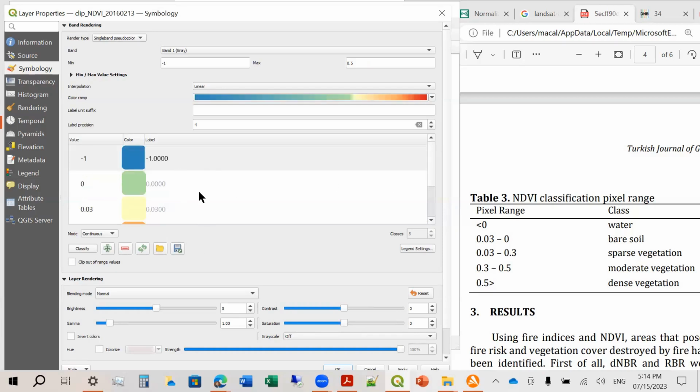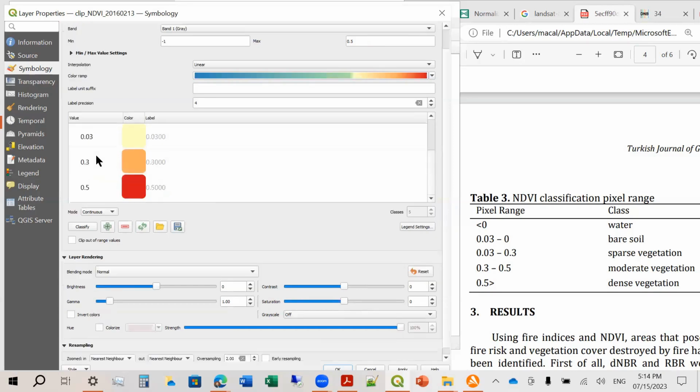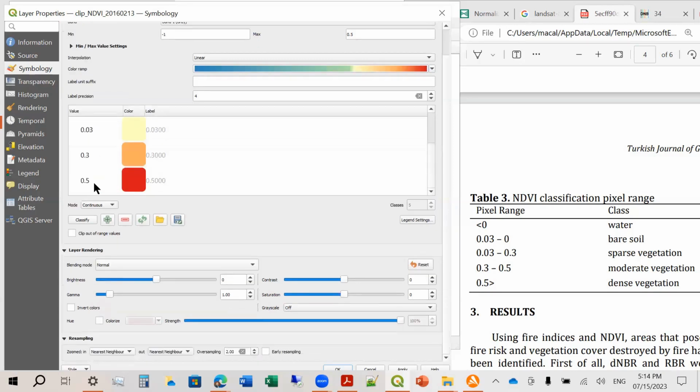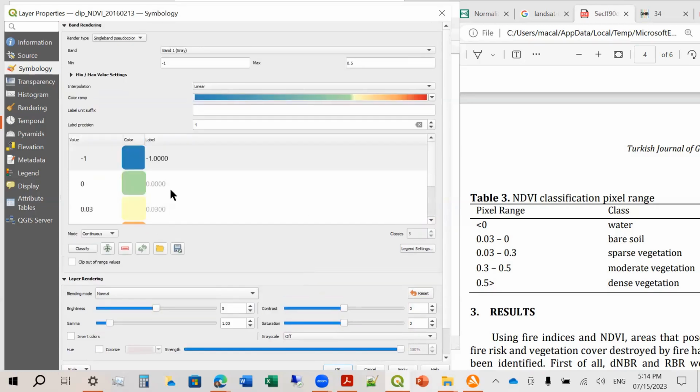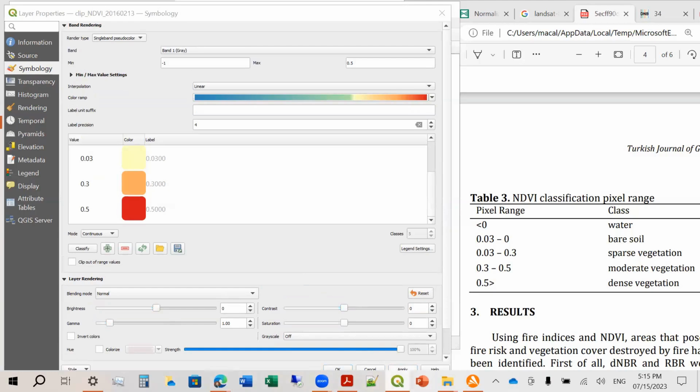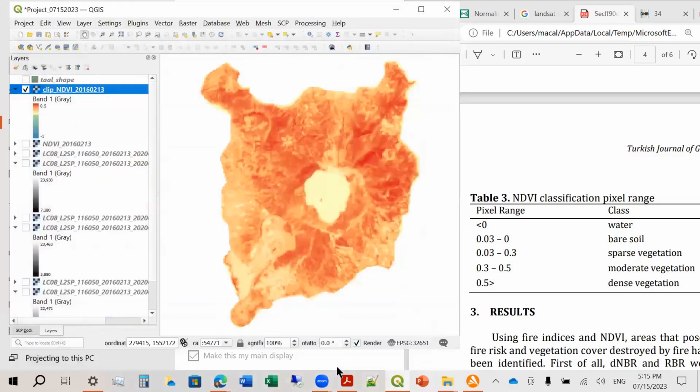Yeah. So this is now our values. Okay. So let's apply. So let's try to apply. Okay. Then let's go to our main figure. Apply, then okay. So this is now our data.